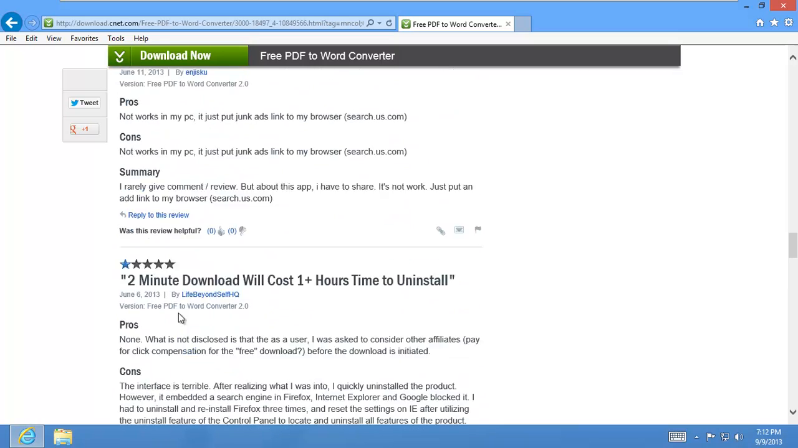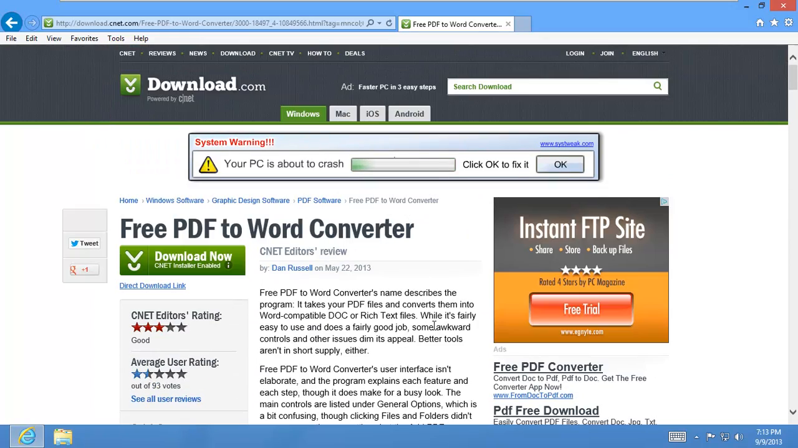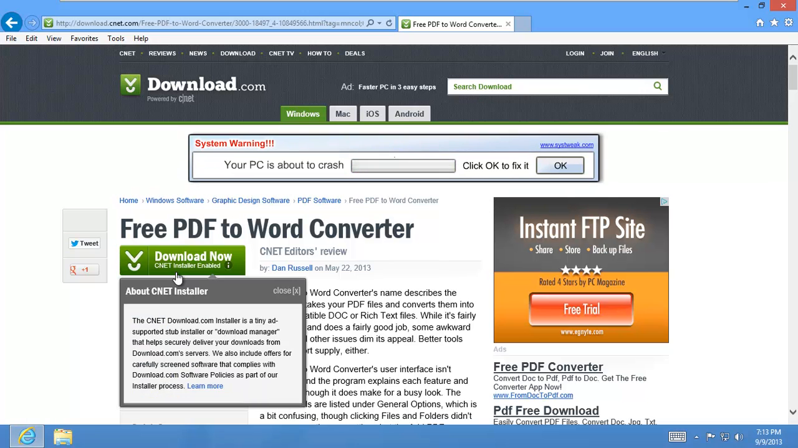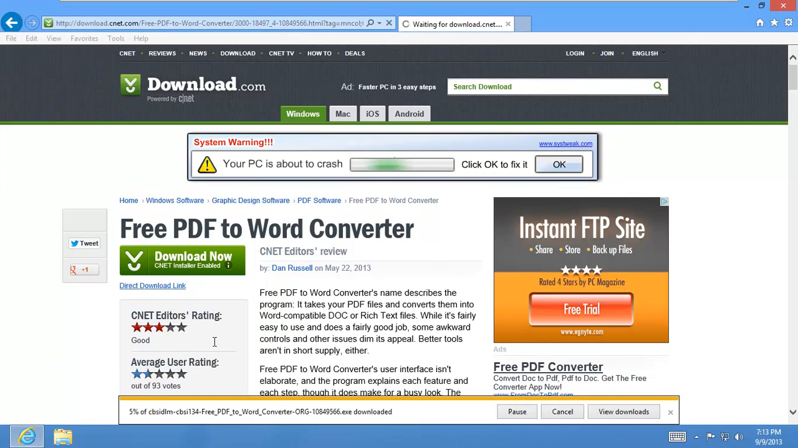And I can't believe that a place like CNET would actually have all these programs on their site. Their site is filled with programs like this now. And they're not the only ones. SourceForge, Snap Files, Softonic, or whatever the hell it is, I don't know. But if I download it, CNET installer enabled, and man, they're just completely